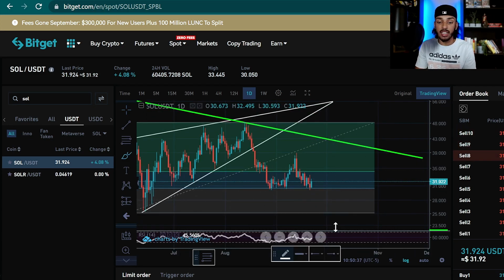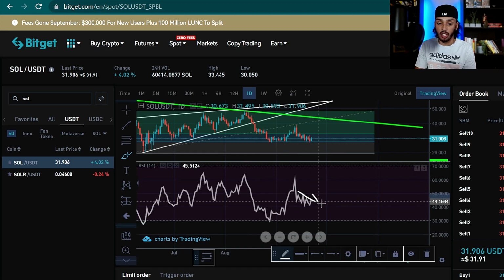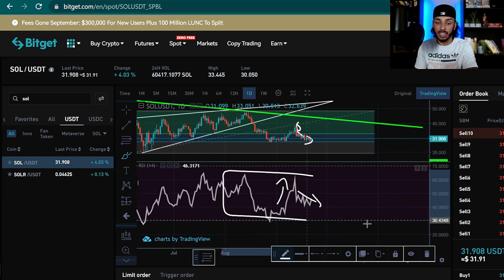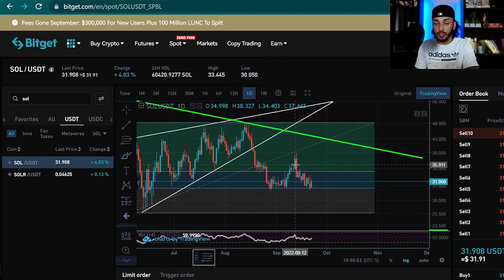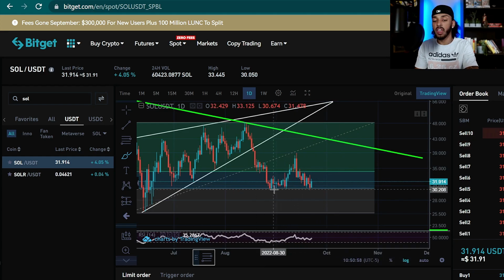We're not seeing any type of massive bearish divergence on the charts. The reason I say that is because we're clearly setting higher lows here off this stronger bounce, the higher high, the bounce, the higher high. The RSI is just working in tandem with the price, which is great. That's a good sign. Now, considering the fact that we're not seeing any bearish divergence, we're at a key level of support and we are seemingly holding up some type of double bottom here,